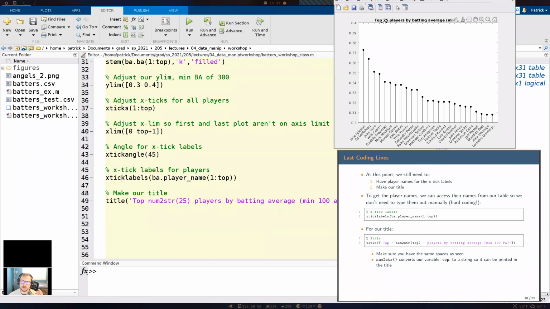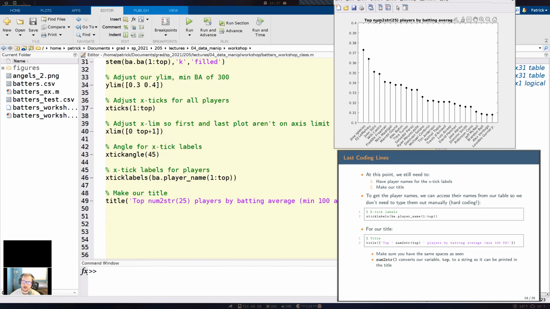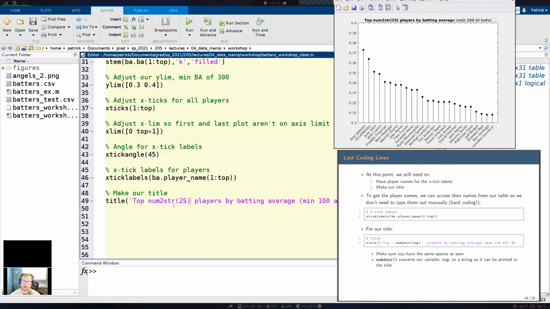It's still going to be a number, but Matlab is going to process this as a string so that it can be printed. Okay, so there we go. If I run this now, it's actually going to show us num2str in our title here. So it's currently interpreting this that's highlighted here as just words, right? As just letters and numbers. But we want Matlab to actually interpret this as a function.